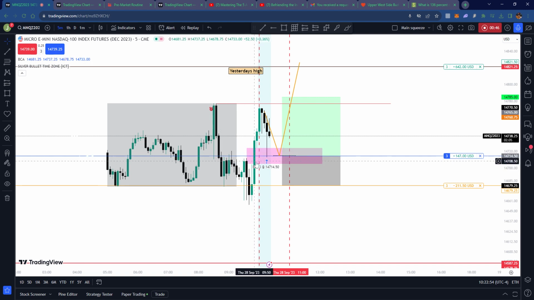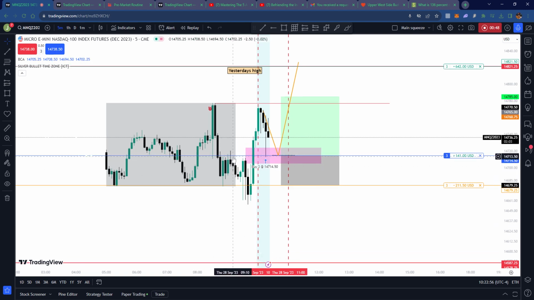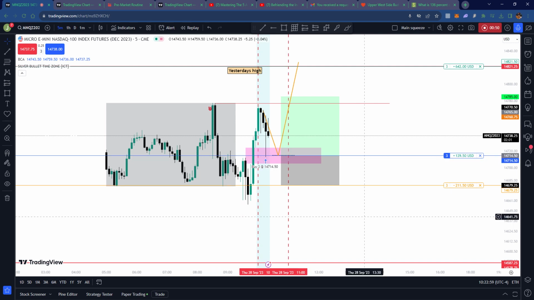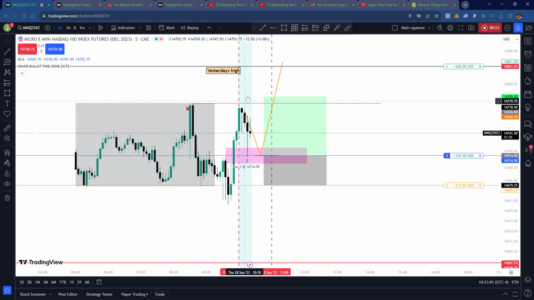Also, you could say breaker if you're playing breakers right here, right? I think this was the breaker. So market structure is looking good to go up, and we have yesterday's high going up. Why I was bearish though, if you look at the draw,